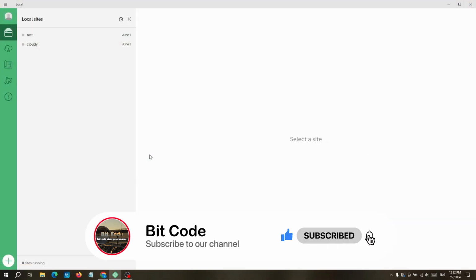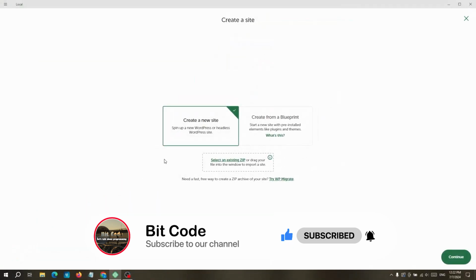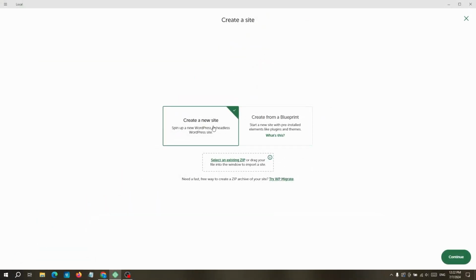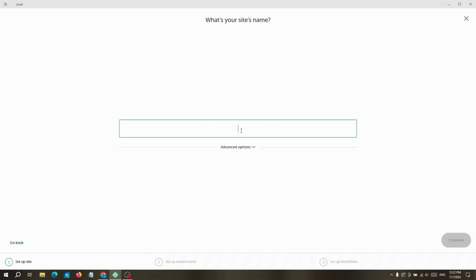WP website. From here, click on add local site icon, and you can see there are two options. You should select first one, create a new site, and click on continue. And here you can type your website name. I will add test.com,